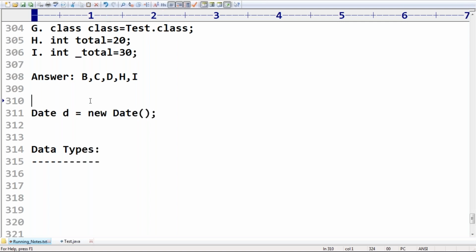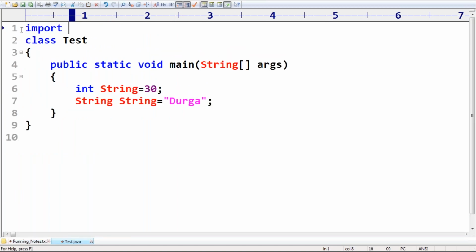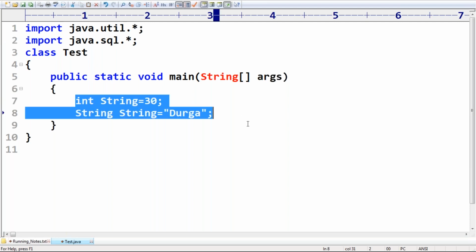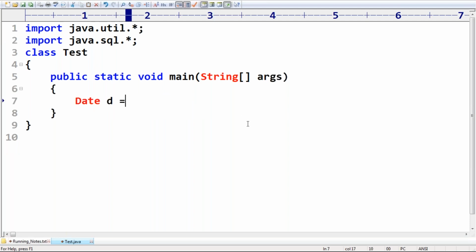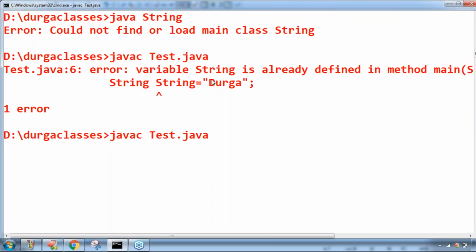So we get a compile time error if I use import statements for both: import java.util.*; import java.sql.*; Now if I use Date d = new Date(), maybe a bit advanced concept, just have a look. Here immediately a compile time error: reference to Date is ambiguous.